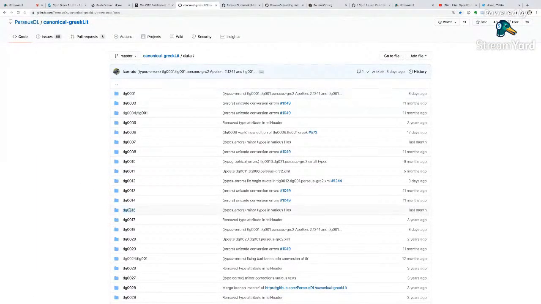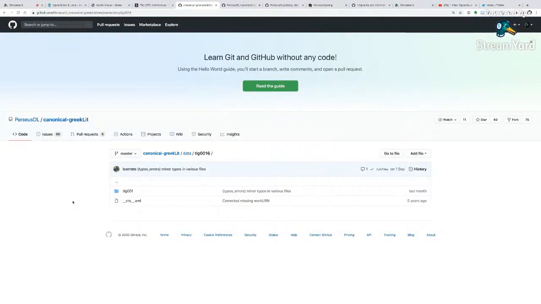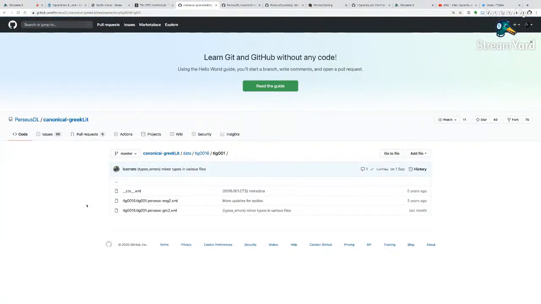And within the folder, for example TLG 0016, I find the Greek text of Herodotus, an XML file, and also an English translation of the Histories of Herodotus in the form of an XML file.